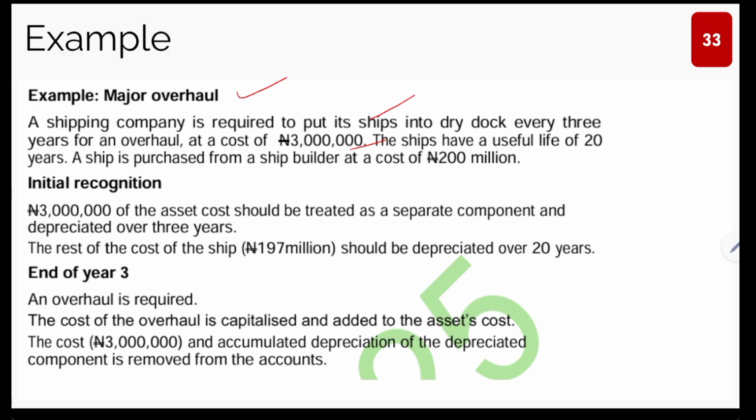So initial recognition, what do we do? When we bought the ship, it was 3 million naira. Okay, so 3 million is the asset cost and should be treated as a separate component and depreciated over how many years? 3 years. Because the asset has 20 years useful life, but it has to put the ship into dry dock every 3 years. So that means at the third year, you have to do that. So the cost initial recognition recognizes the 3 million, but subsequent recognition would then say